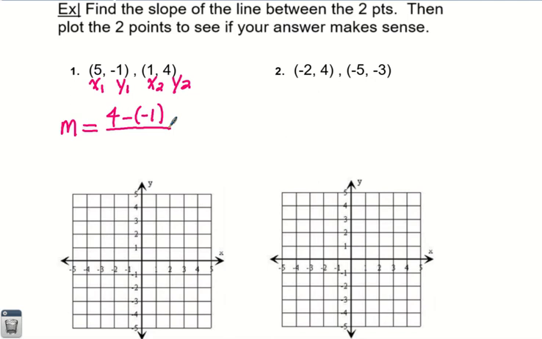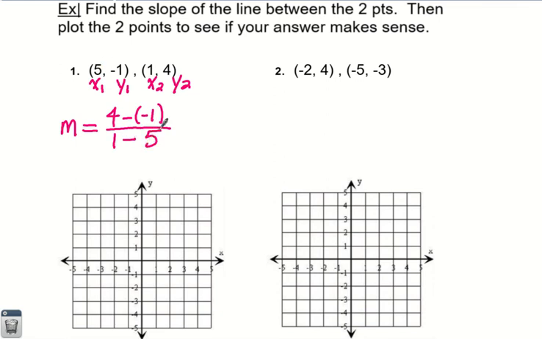Remember, y sub 2 minus y sub 1, there's a minus built into the formula. And then y1 is negative 1. So yes, it's 4 minus a negative 1. And then on the bottom we do x2 minus x1, so that's 1 minus, and then x1 is